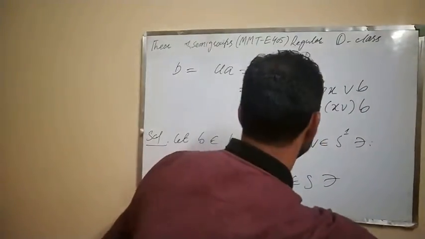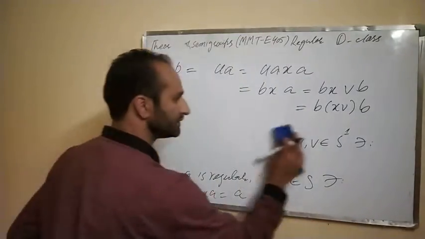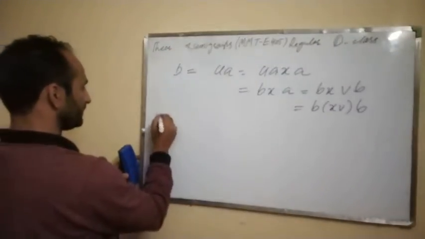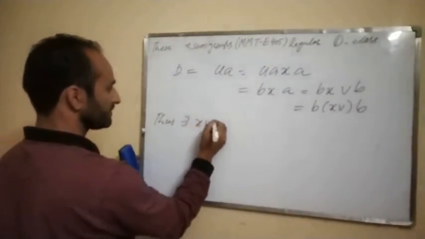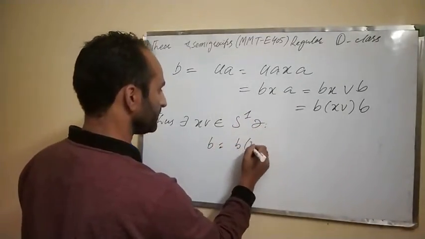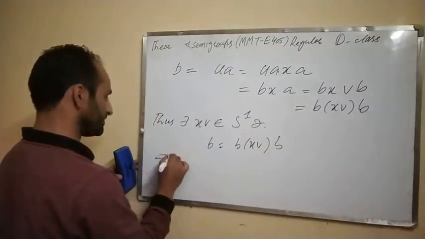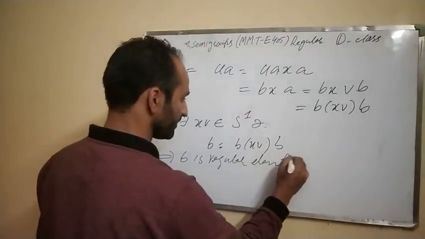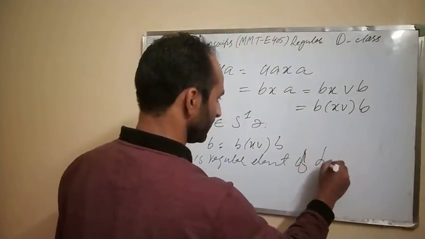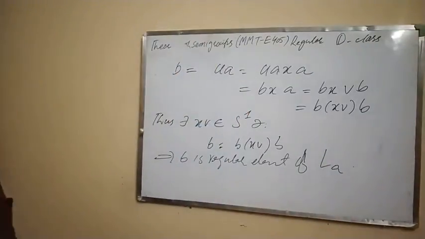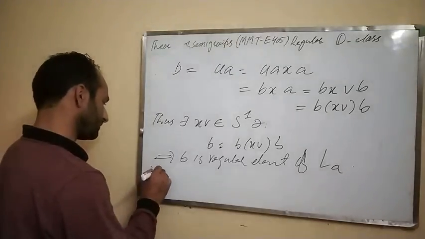Thus there exists XV in S1 such that B is equal to BXVB, which implies B is a regular element. B is a regular element of LA. So every element of the L class of A, where A is a regular element, is regular. And similarly, therefore, every